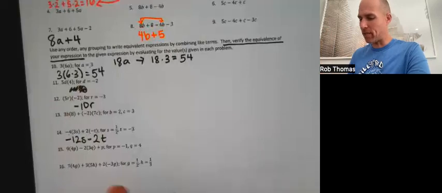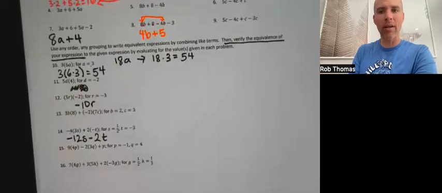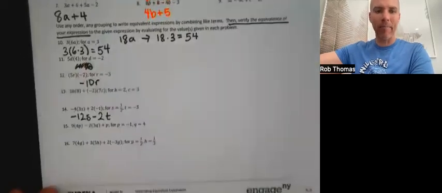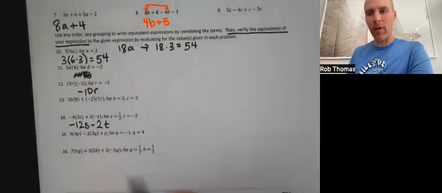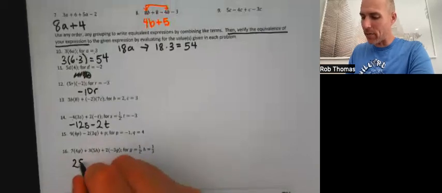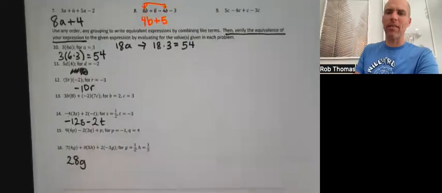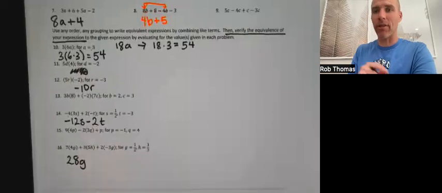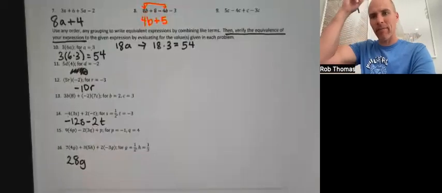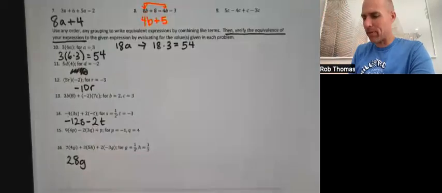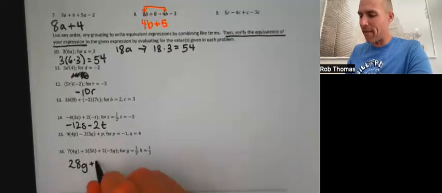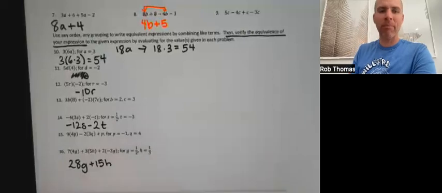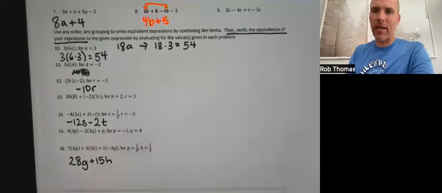So let's do one more. Let's find an equivalent expression for number 16. We got 7 times 4g. 7 times 4 is 28. So we got 28g. Don't forget your letters. That's something I see students do a lot when they're first learning how to do this stuff, is they forget to put the letter on there. Don't do that. 3 times 5h, that is 15h. And 2 times -3g, 2 times -3 is